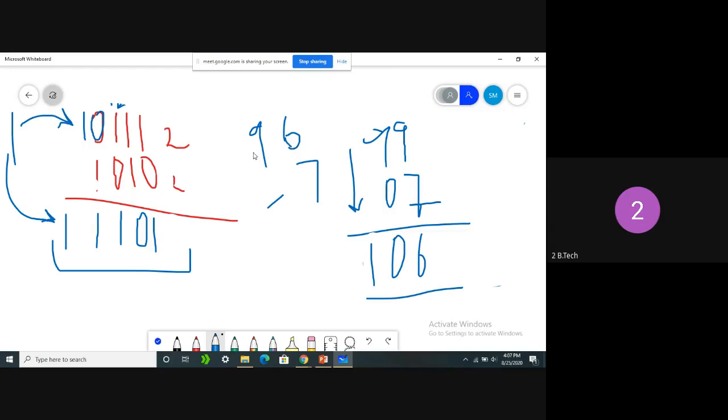We are taking 1. After taking 1 from here, it will become 8. And this 1 gives 10. 10 plus 6 gives 16. So from the tens place we are taking 1 to the 0th place. That means we are not taking 1, we are taking 10. Again 10 plus 6 is nothing but 16. 16 minus 7 is nothing but 9. Is that clear, all of you students?